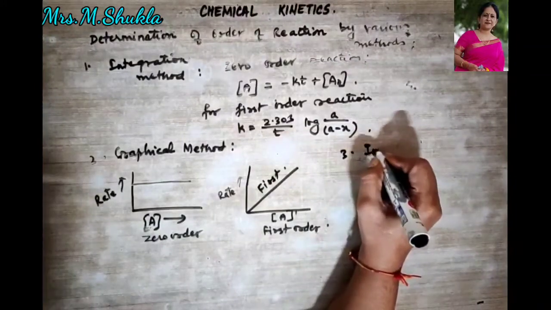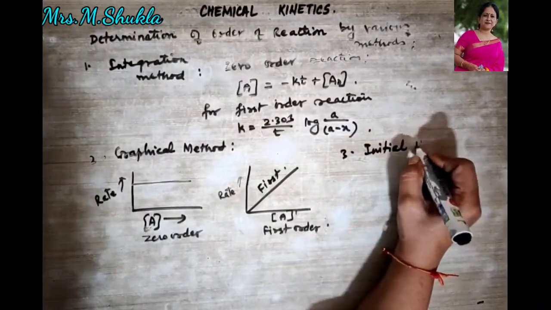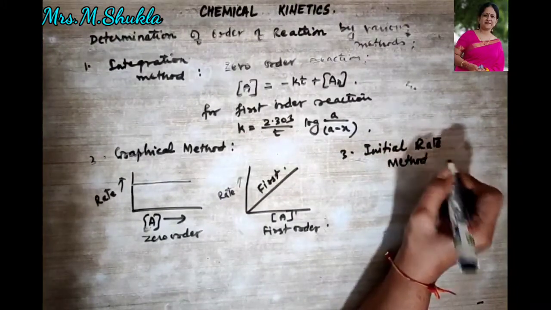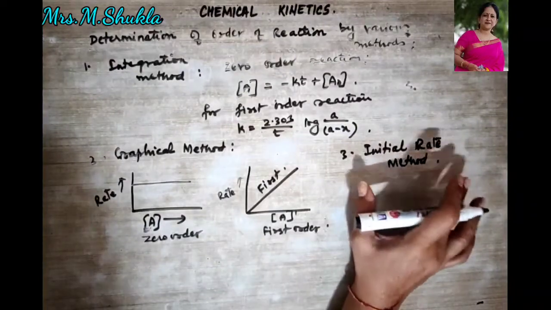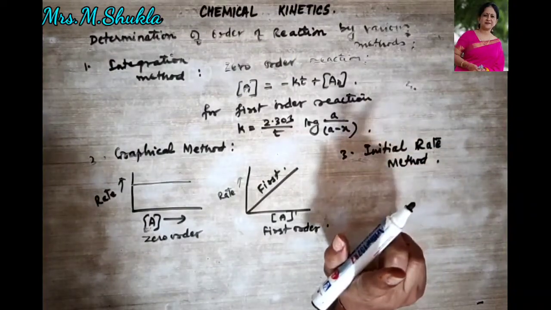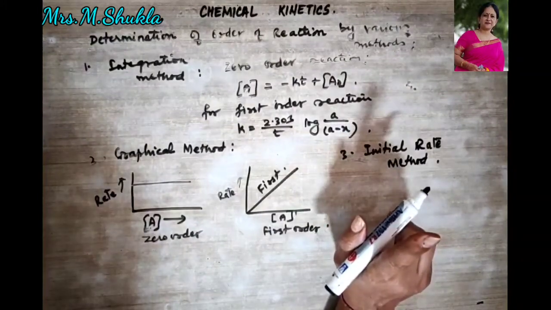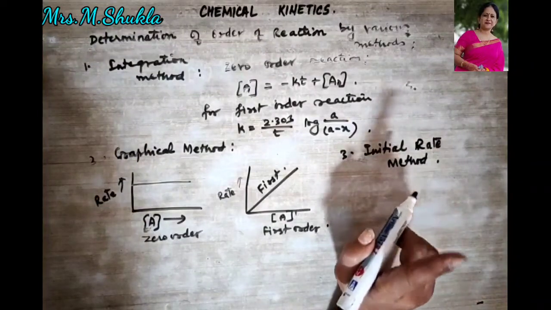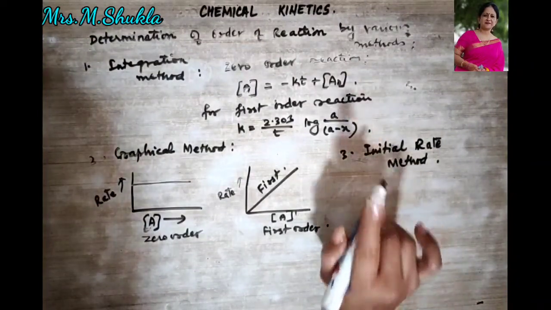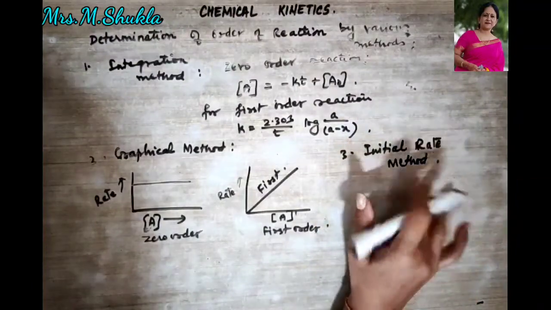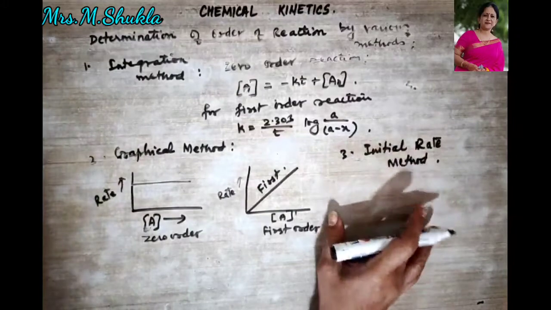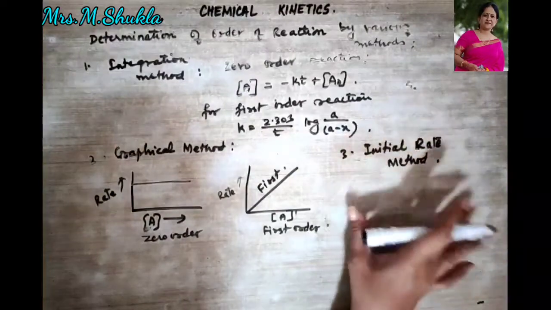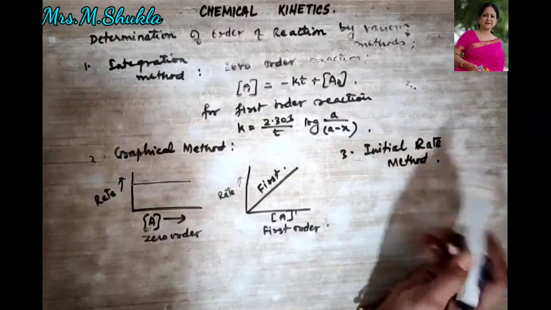And the third method is what? Your initial rate method. So what is in your initial rate method? It is used to find the order of reaction with respect to one reactant at a time. If you remember, the total order of the reaction is then equal to the sum of the orders of the reaction for the individual reactants, an expression which then tells us about the actual dependence of the rate of reaction on the molar concentration of each reactant. I repeat, what did I say about the initial rate method?